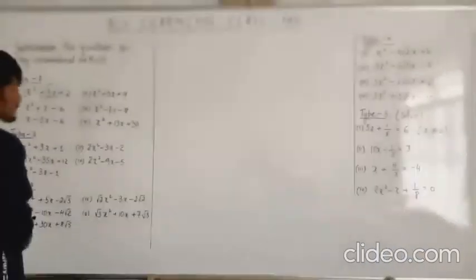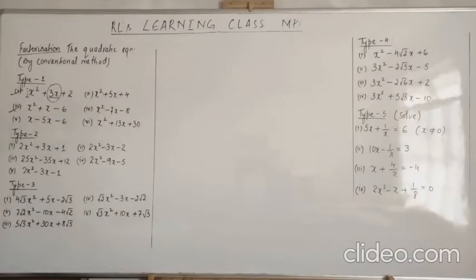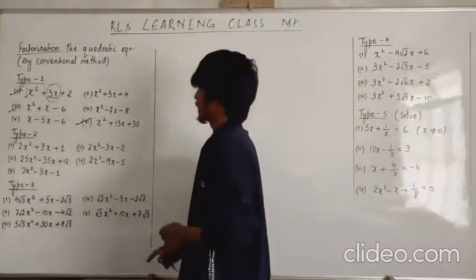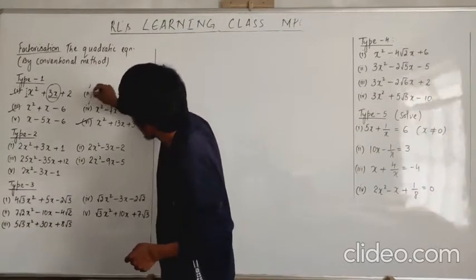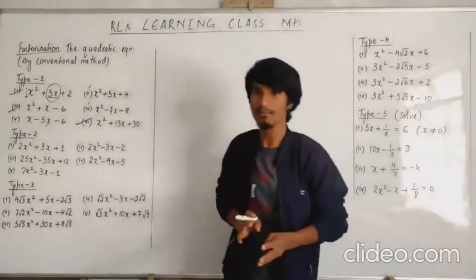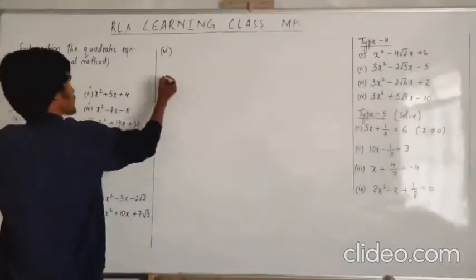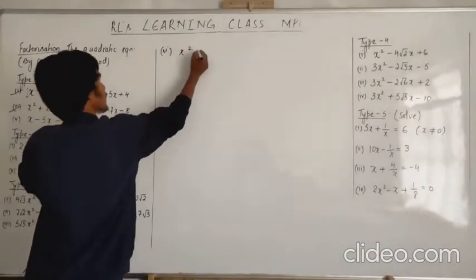Okay, I'll solve for you one more question. Which question will I solve? Okay, I'll solve this number 6. This question, and this question, and this question you can try by yourself. Okay, now I'll solve for you this one. Number 6, that is x squared plus